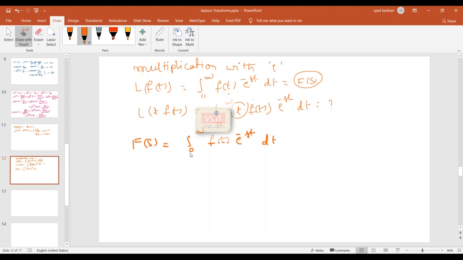So f of s is equal to integral 0 to infinity f of t e power minus st dt. And this, I want to get t here. So for this, other than t, because this integrand is with respect to t, what may it be here? Yes. So if I differentiate with respect to s on both sides,